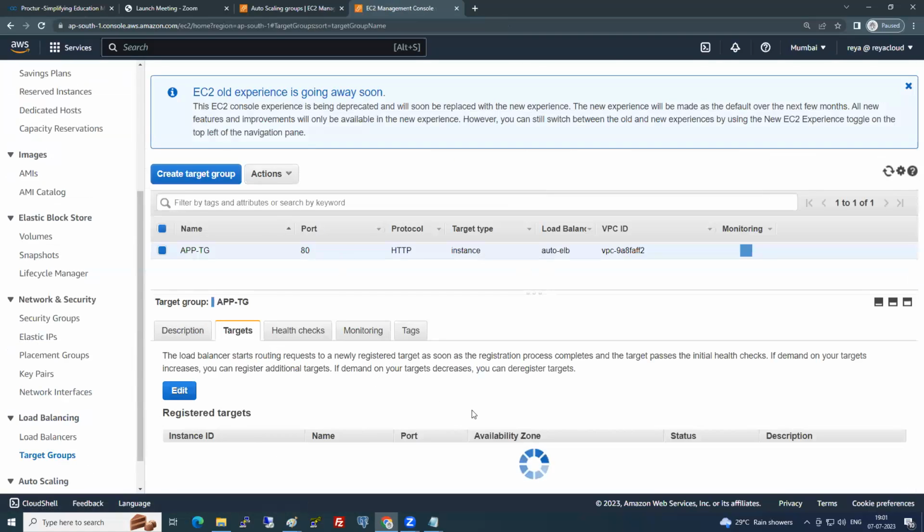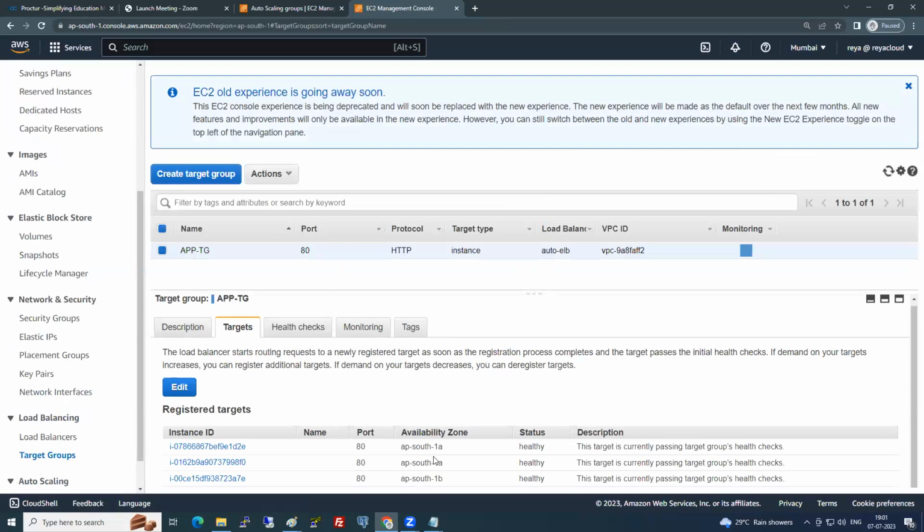Okay. If I go to targets, do you see all are healthy now? So slowly it is getting registered. How many registered till now? 3. So if I go,